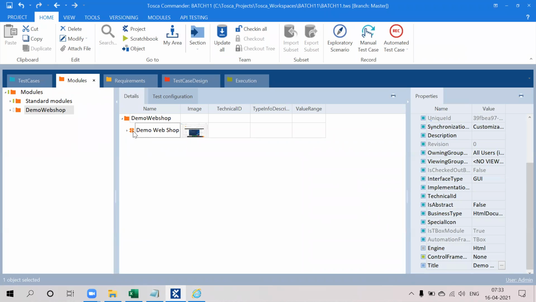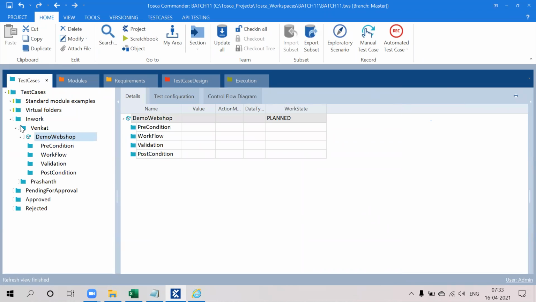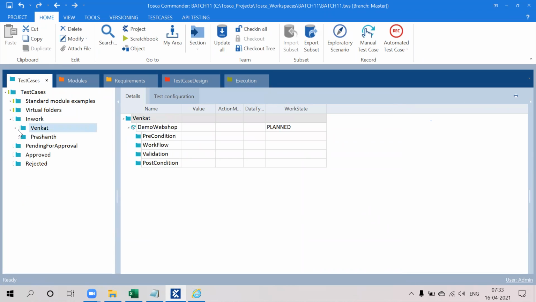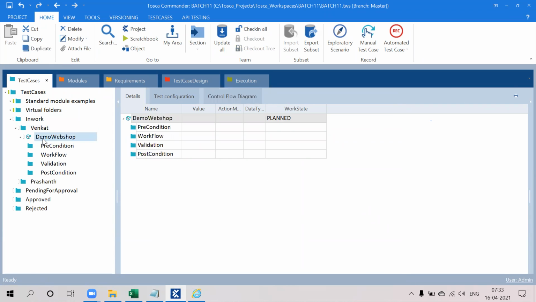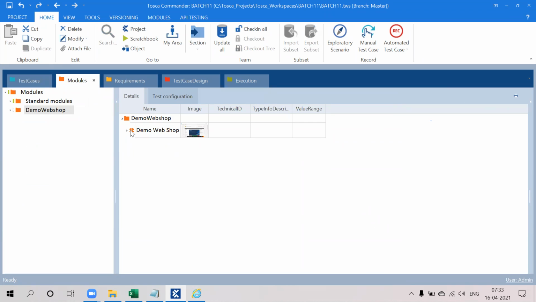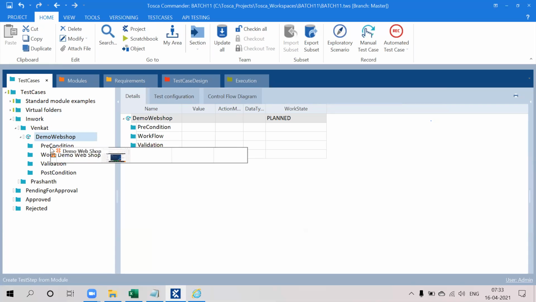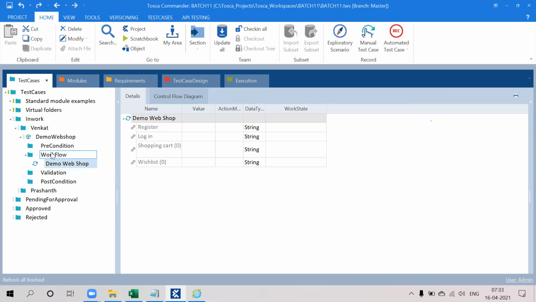Once it is done, in the test case also, you have created a folder, right? Demo web shop. You just drag and drop these test cases into the test here. In the workflow, I drag and drop into the workflow itself.